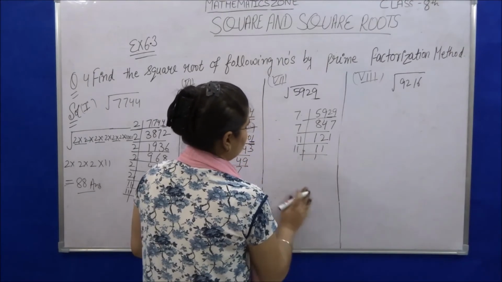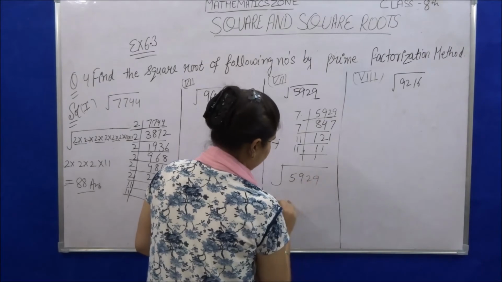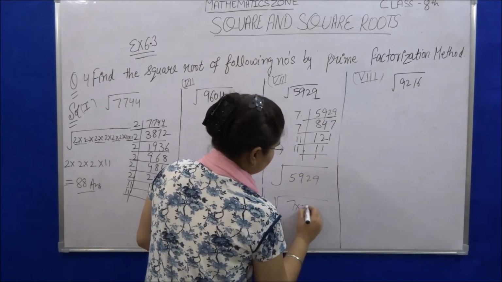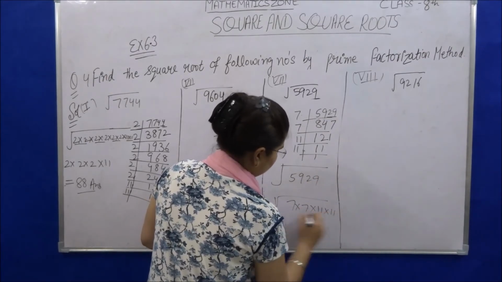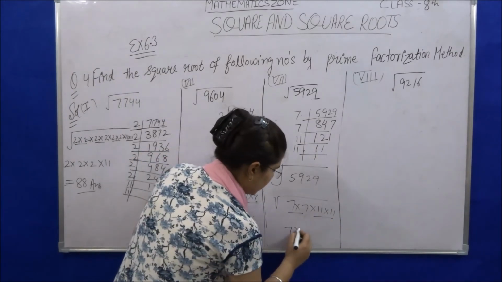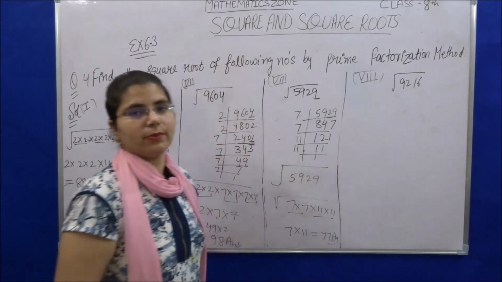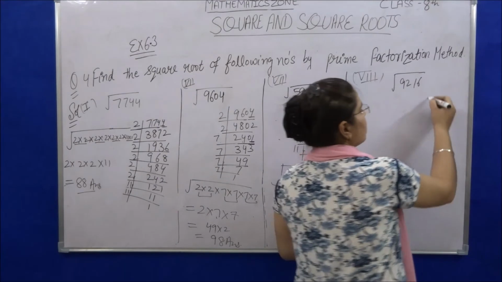Now the square root of these numbers, 5929, will be 7 into 7 into 11 into 11. Now taking pairs of all these numbers, 7 multiplied by 11 will be 77. This is your answer. Now next is